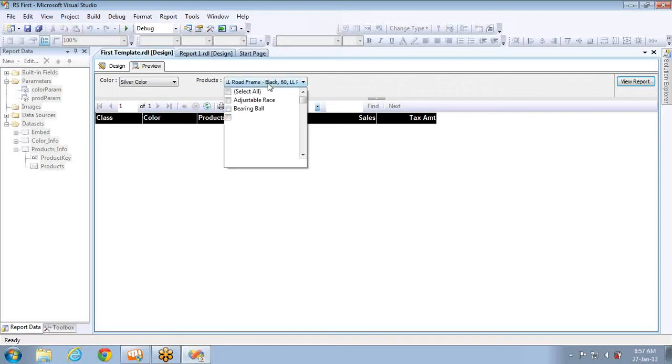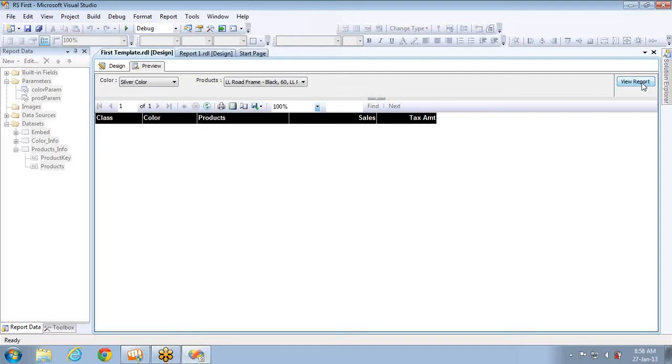For example, if we want to search for a black color product which comes in silver color here, he has to go through all the products. Somewhere here I have seen silver like this. And imagine if he has thousands or millions of products, it's very difficult for him to go through all of them to find the item that comes in silver color. So that is why the cascading part plays a major role in SSRS reports.